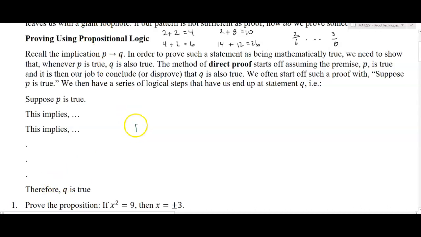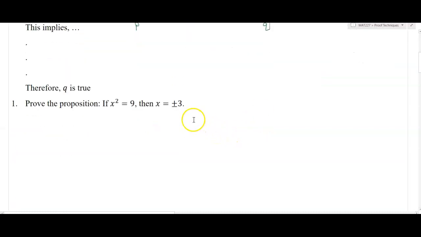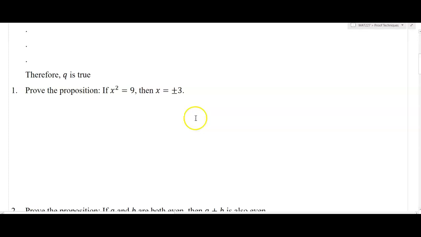So it's as if I start over here on a path, right? And inch by inch, I sort of keep going and keep going and keep going and say, hey, look, I can always get to Q as long as P is true. And then eventually, once you get down here, you end up with the statement that you were trying to prove. And that's exactly what a direct proof is. So we get to use our propositional logic. We're not going to use truth tables. We've already used them to develop equivalencies.